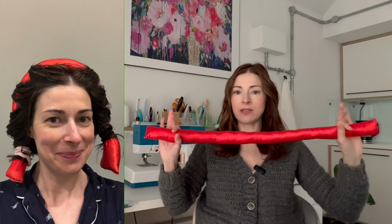I looked like Curly Sue. And by the party, it was straight with a gentle wave at the bottom. So my hair does not hold a curl. So I decided to do it wet. So I washed my hair last night, put this on, rolled it up still wet, and then you put scrunchies on the end to secure